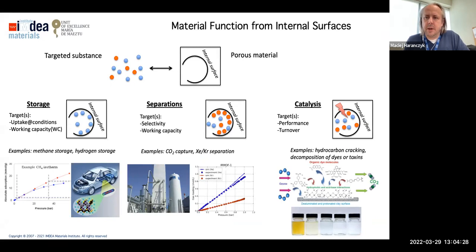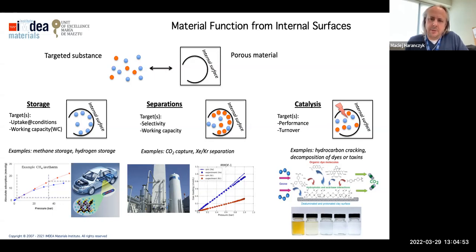For example, in a gas or liquid storage, and in those cases we will have a gas molecule like hydrogen or methane and would like to adsorb it on the internal surfaces. And one of the predictors of performance of material in this case will be adsorption at particular condition or working capacity. So basically how much of this gas we can store between adsorption and desorption stage.